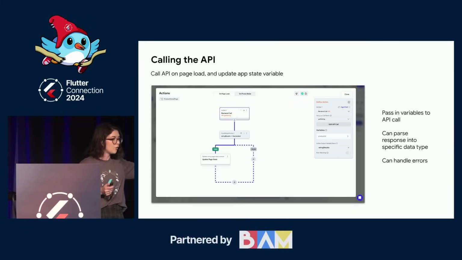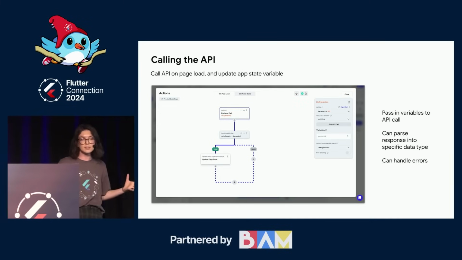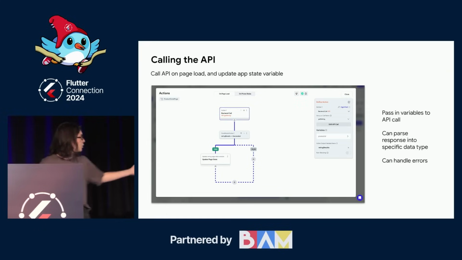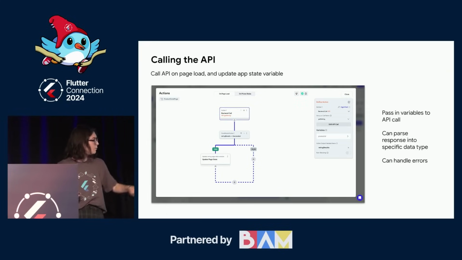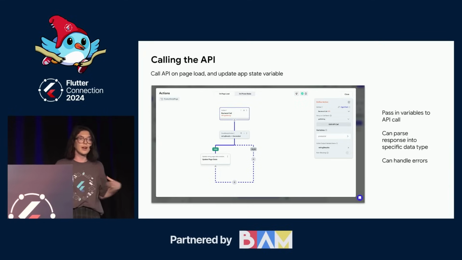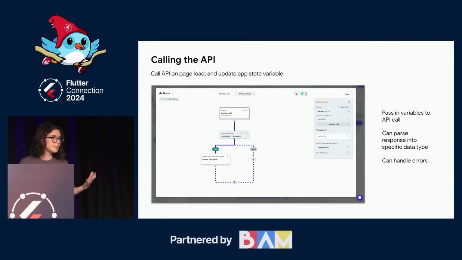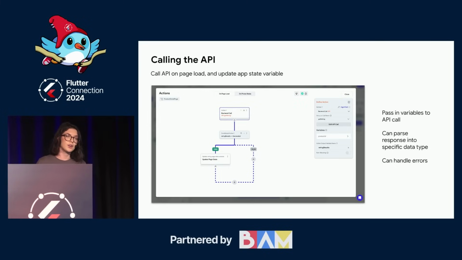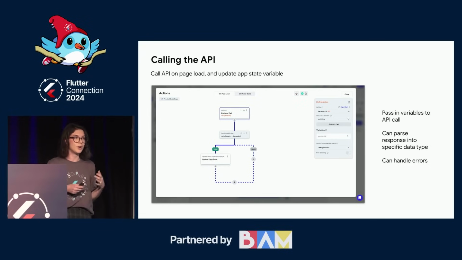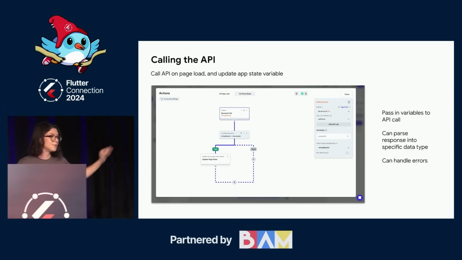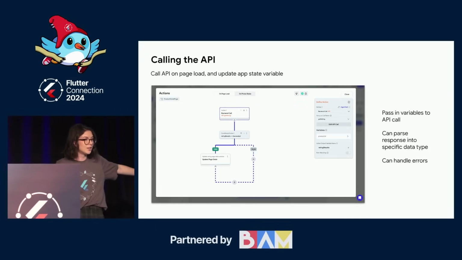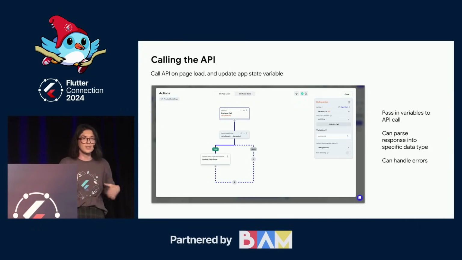One nice thing is this kind of format makes it really easy to parse the response into a custom data type, which would be configured over on the right-hand side. And I can set different paths for how to respond in the case of a success or an error. And you can make this more granular, like responding to certain status codes or messages and showing something like a snack bar, or maybe just setting the state to some specific value. In my case, I was just moving quickly, so I said, OK, if this worked, then just update my page state variable so that my cart or my rating state variable is refreshed with the results of the API call.